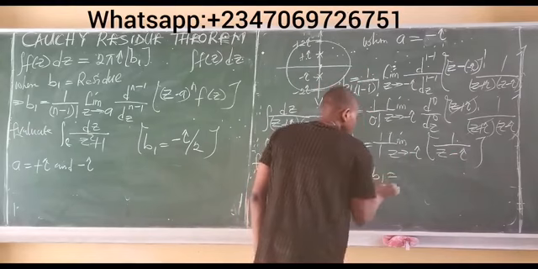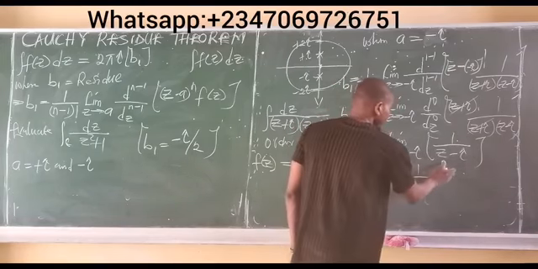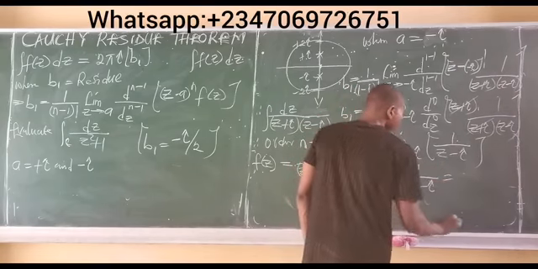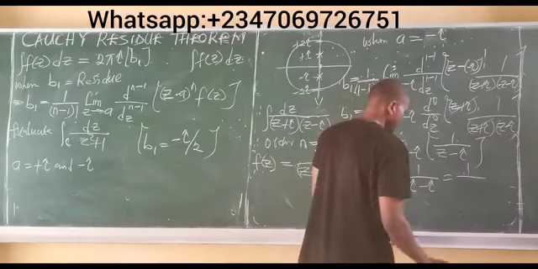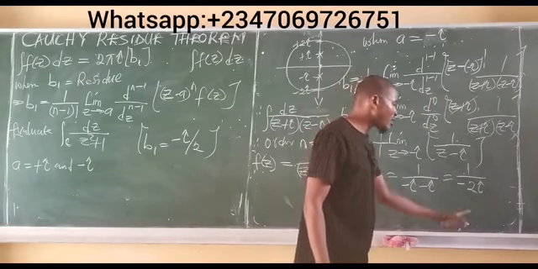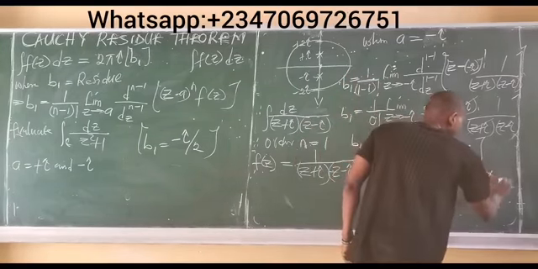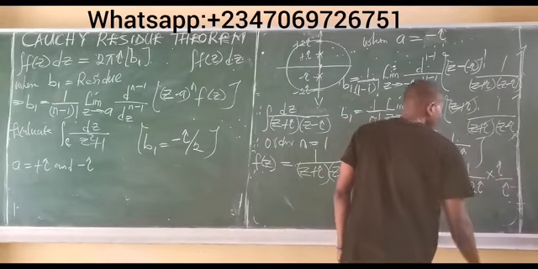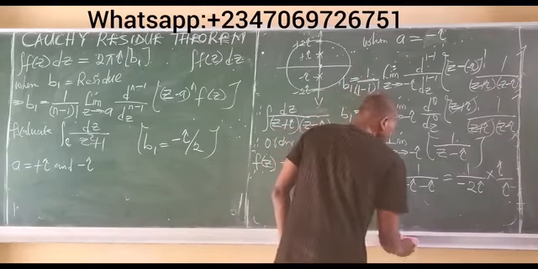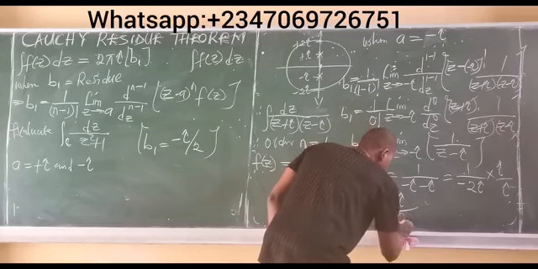Therefore, our residue b1 is now equal to 1 over 1, which is 1. So you simply have 1 all over, in place of this z, minus i minus i. So this is equal to 1 all over minus 2i. Once again, we don't allow complex numbers in the denominator. So for that reason, you simply multiply top and bottom by i. So b1 is equal to, this becomes 1 times i gives us i